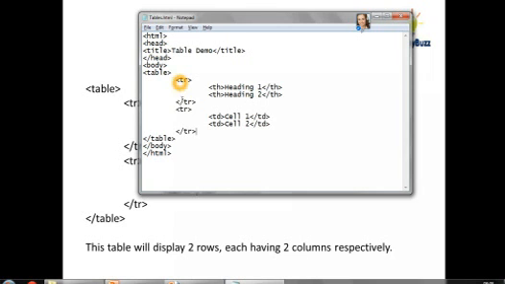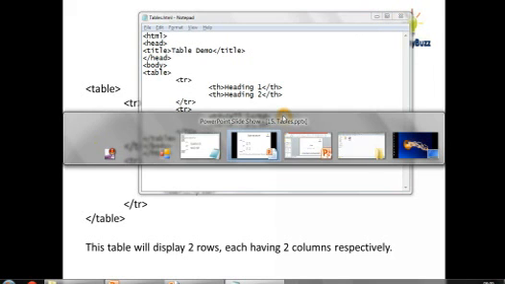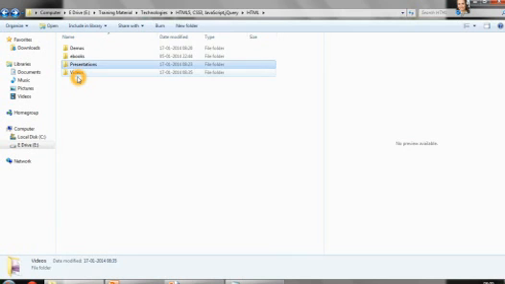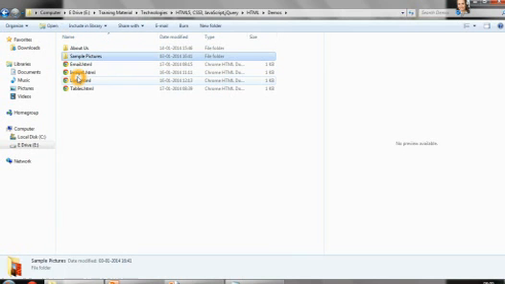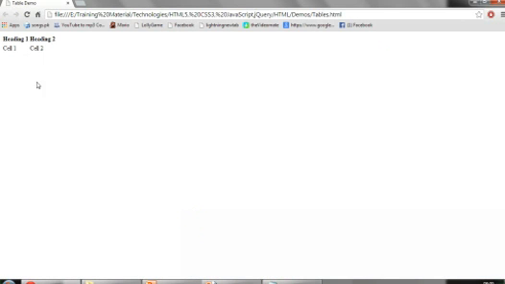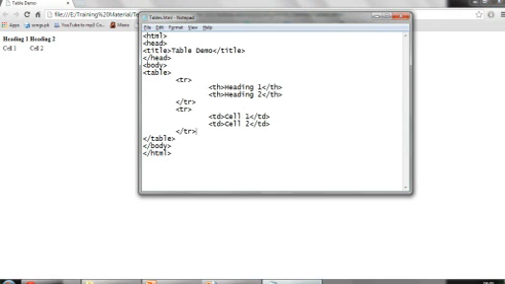So you have created two rows over here, each having two columns. Let's save it and open it. It is in the demos portion. Now see, you have a table structure, but you do not have the borders for it. So let's also put the border over here.